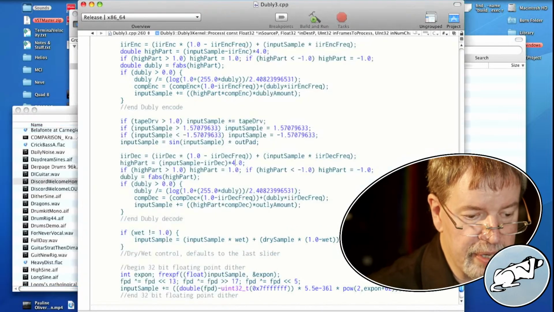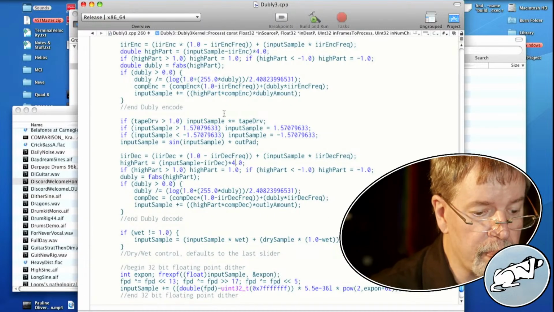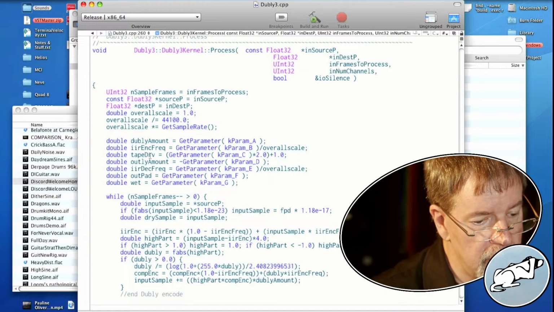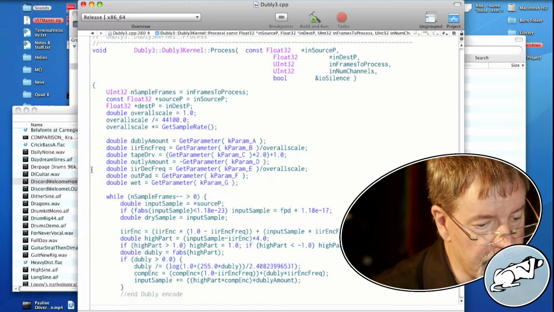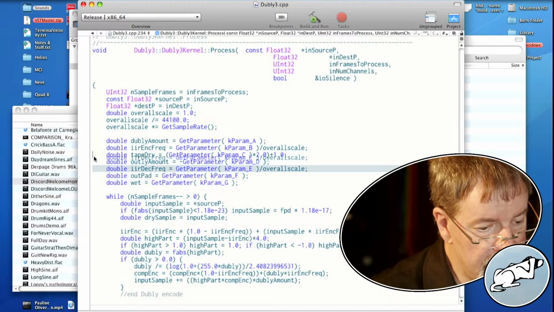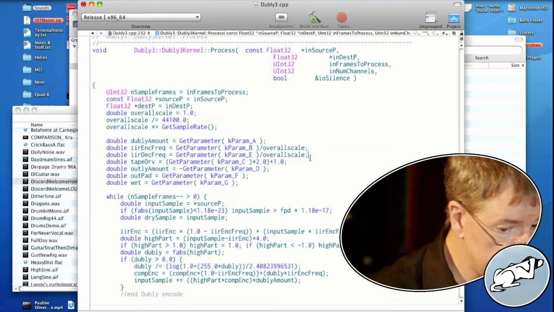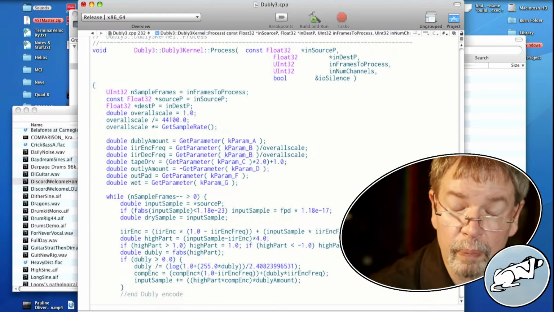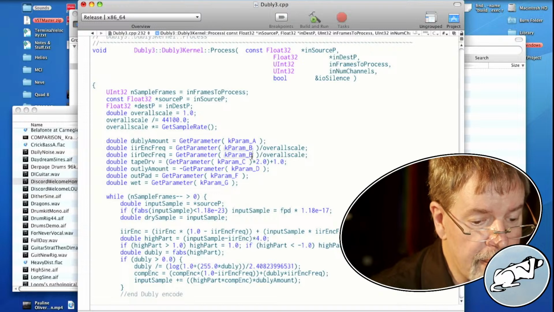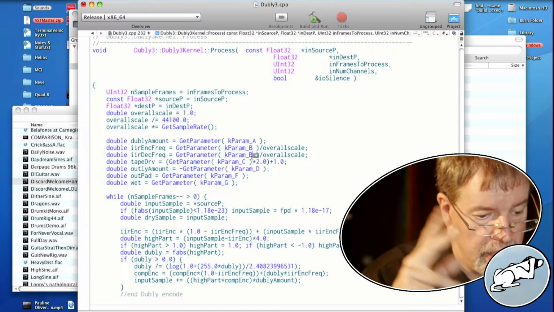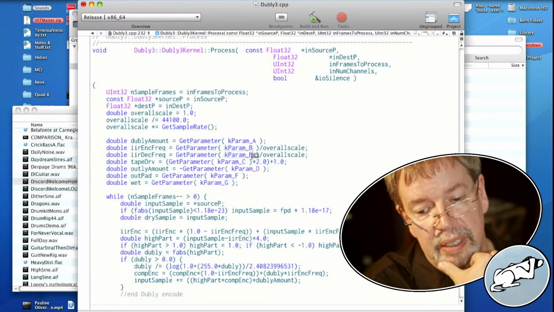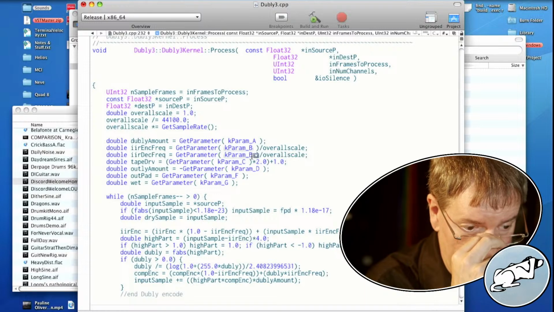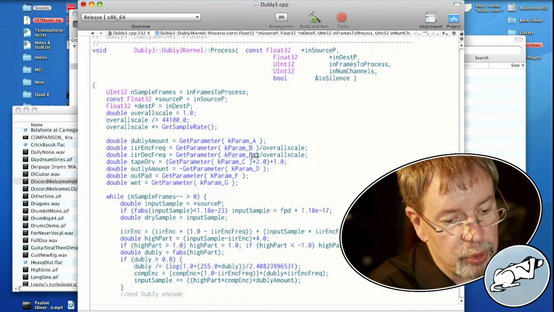So what would happen if we just had the one frequency control, but it operated backwards? That's going to work like this. We're going to move this to next to the other one. And then we're going to set it to the same control. So the decode frequency is the same control, and they will tend to, like, the control goes from 0 to 1 no matter what. And the divide equals overall scale